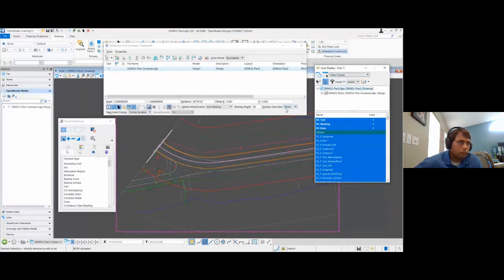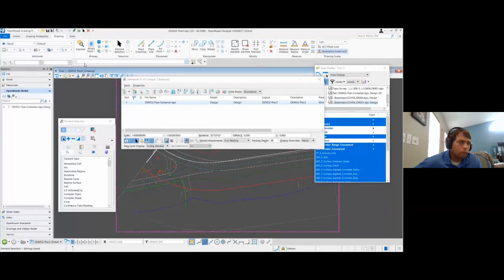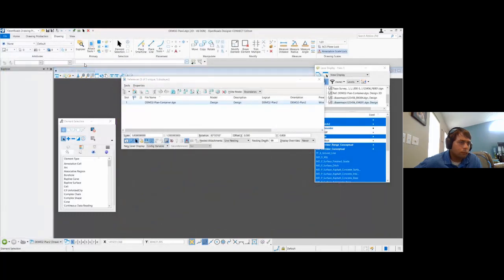So if you have this on and you wanted to make that one-off view change that I just showed, it's not going to work because then the display overrides is going to kick in again. So look what I just did before with it on always, you saw that retained, but if I turn that back on and I reload the file, it should come back on.